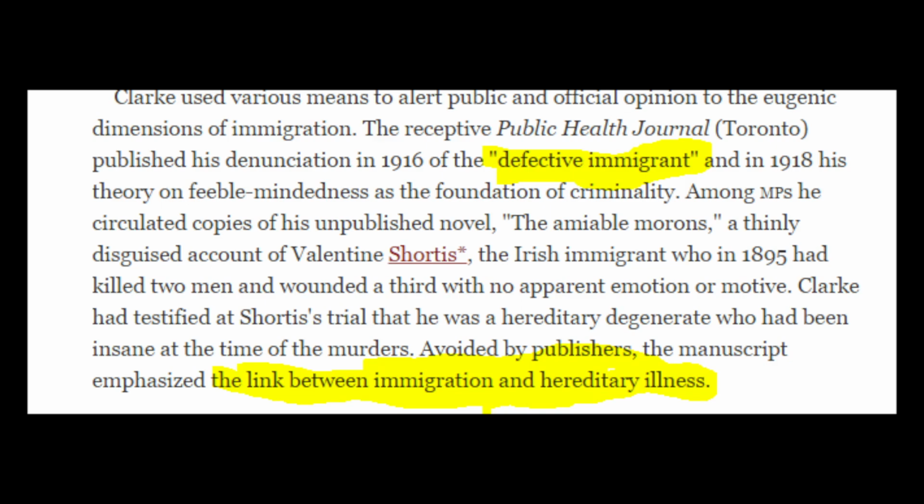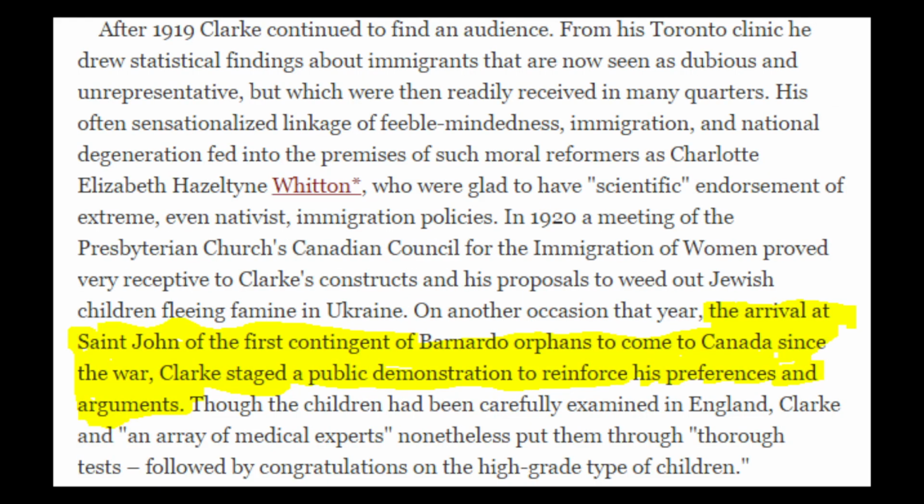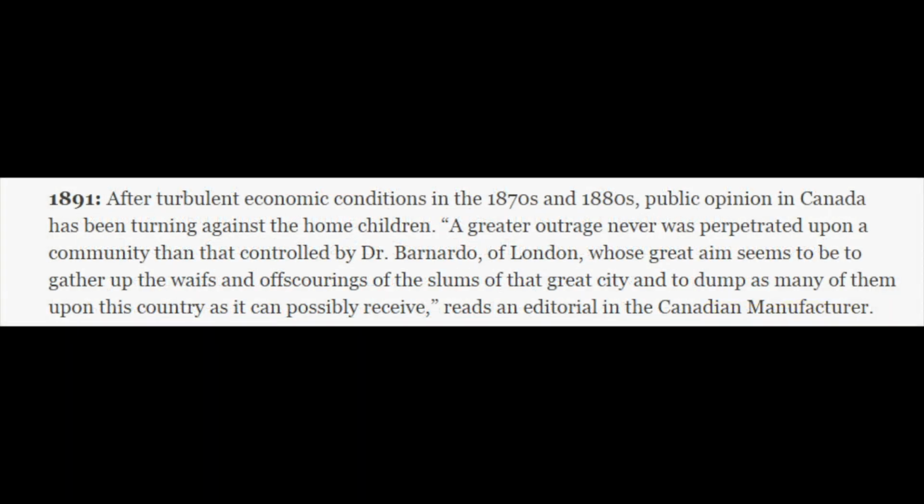Whitten agreed with Clark that morality and criminality were inheritable. They believed that allowing these types of immigrants into the country could pose a national menace, as they would produce unhealthy and degenerate offspring. The Canadian Manufacturer, in an editorial, said, "A greater outrage has never perpetrated upon a community